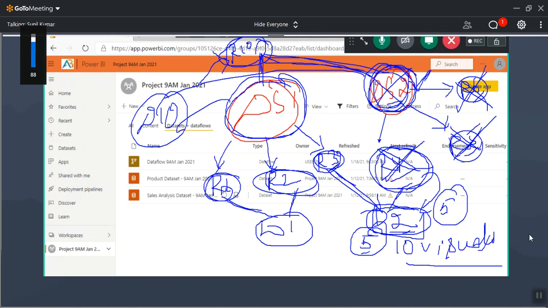So when you delete a data set, it will delete the 5 visuals which you kept from that data set. When you delete this data set, this report will be deleted. From that report, I kept 5 visuals. Those 5 visuals will be deleted. But still the dashboard will be there.